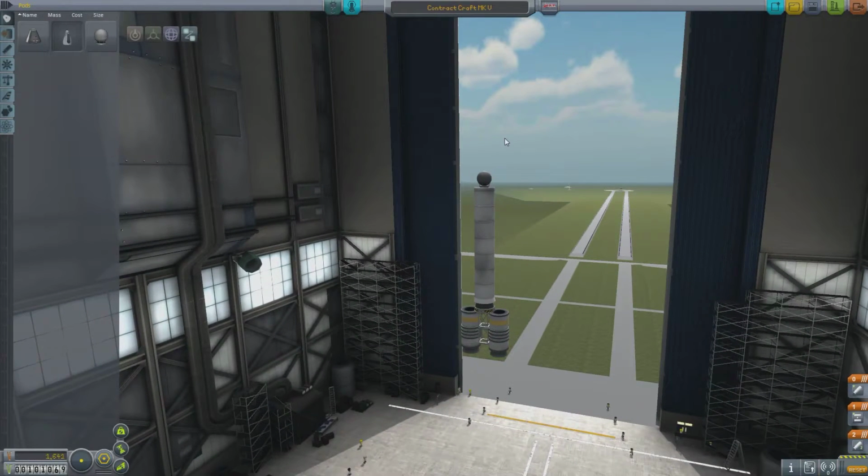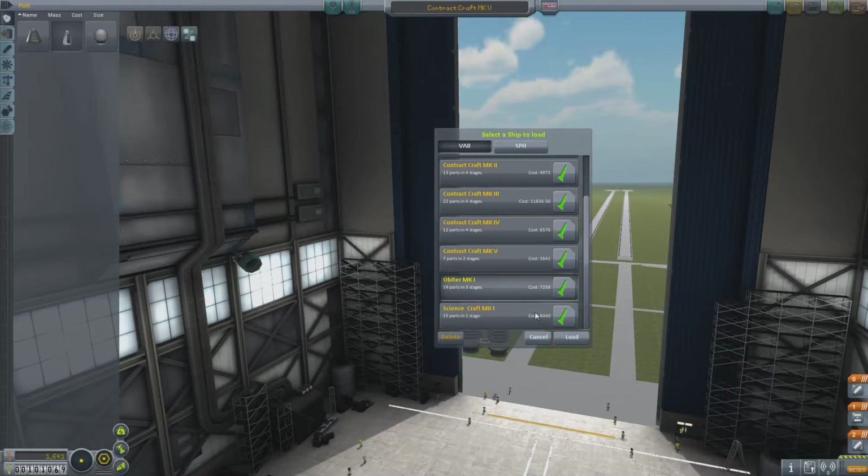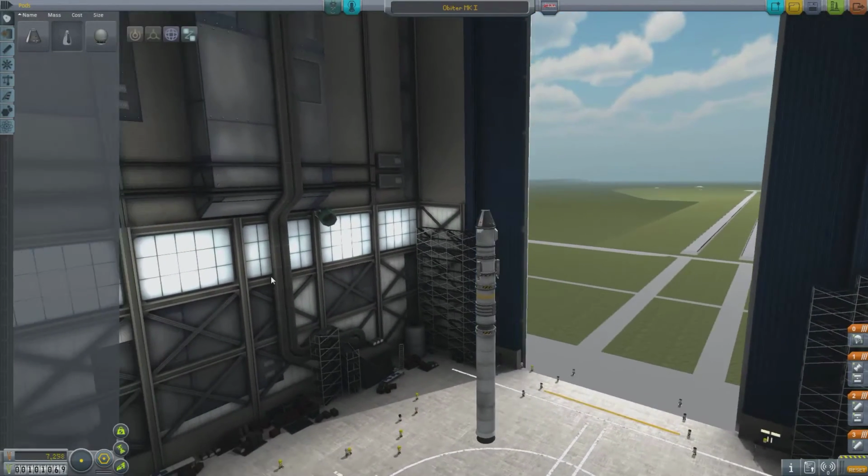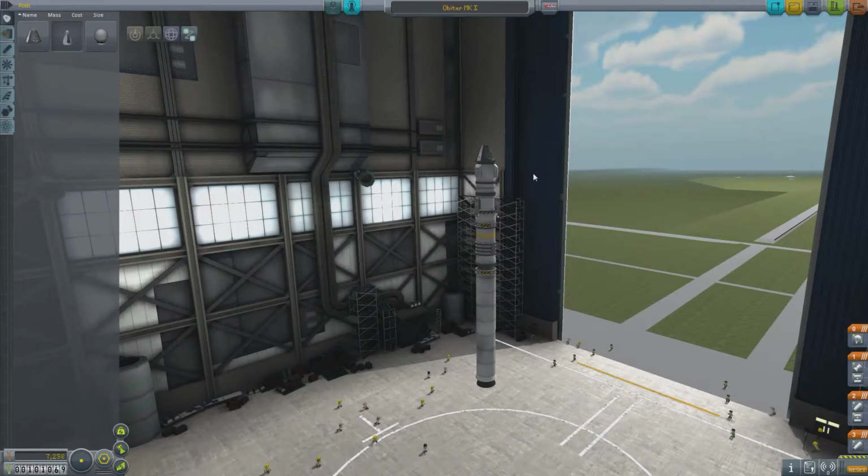So we've just come into the vehicle assembly building. Let's load our, we've got our orbiter? Yes, the Mark 1 orbiter. Here we go. So this is the craft that successfully made it up into orbit. The only problem is now we've got to add some weight to it. Now let's have a look. If I go...